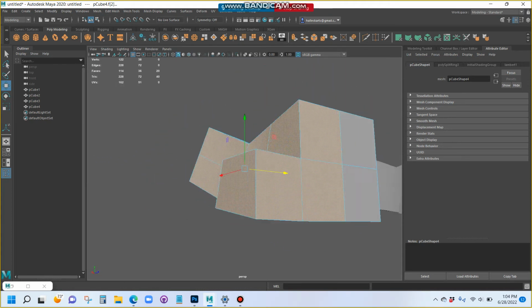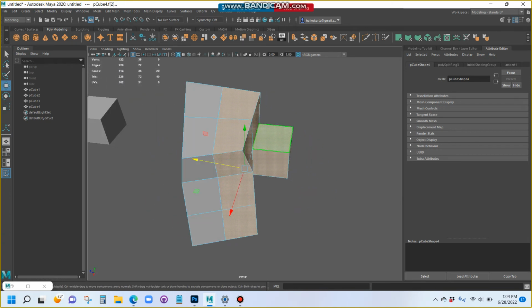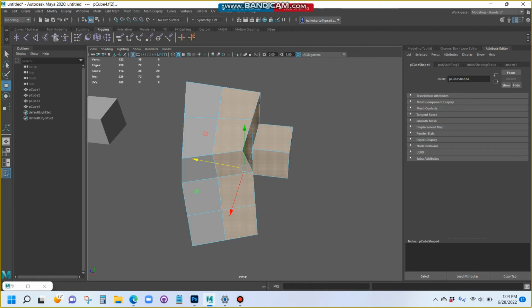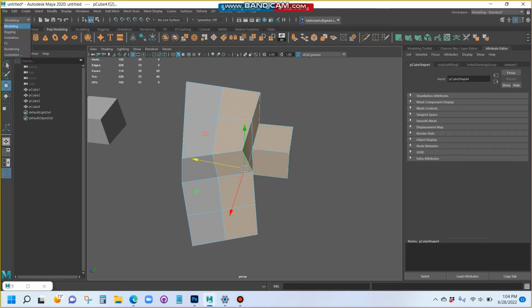Anyways, I'm going to take this and I'm going to split it. To split it, all you got to do is come up to this little icon right here. This is the shelf, by the way. The shelf has different menus. And if it doesn't look like this, check the shelf mode. The mode might be animation or something. It looks different in another mode. Okay, so ignore that. But basically there's different